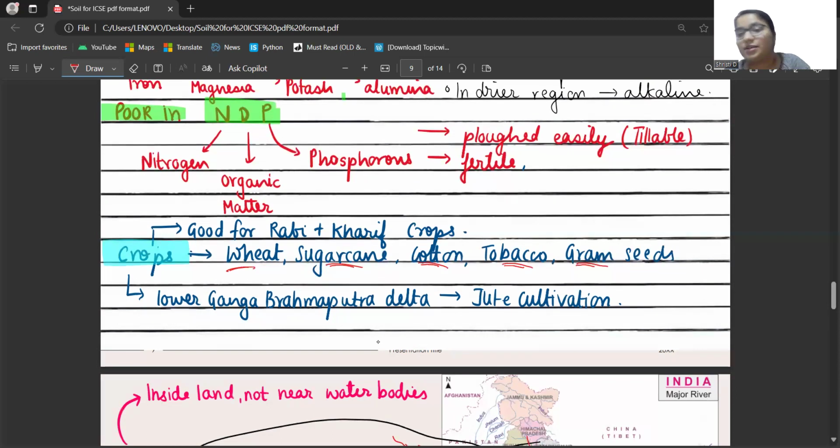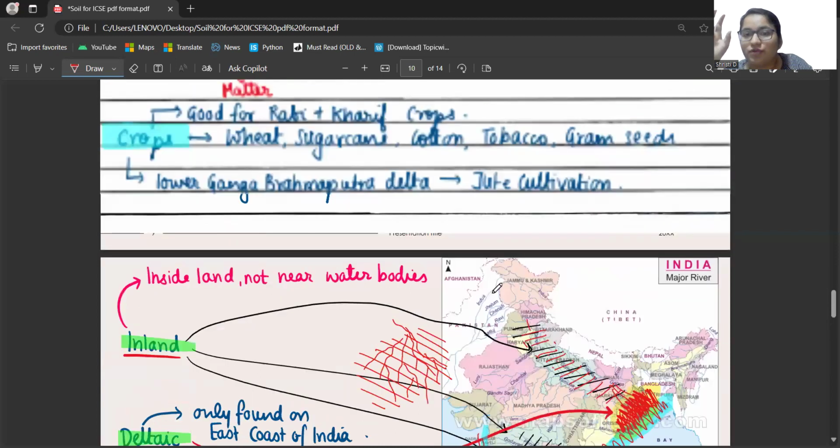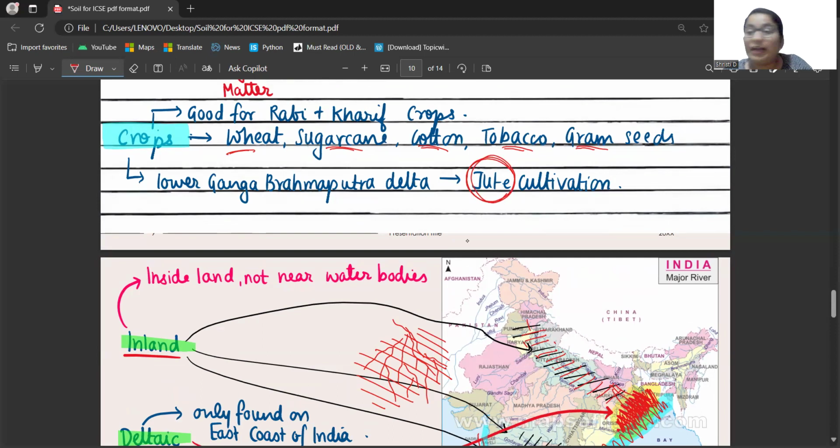यू नीड टू हैव दाल एज वेल, सो ग्राम सीड्स। एंड यहाँ जो लोअर गंगा ब्रह्मपुत्र डेल्टा, ये जो मैंने शेड करके इधर दिखाया था। ओके, दिस गंगा ब्रह्मपुत्र डेल्टा, जूट। जूट इज यूज फॉर मेकिंग योर बैग्स, यू नो, हेम्प या जूट वगैरह के बैग्स कई गिफ्ट में मिले होंगे तुम लोगों को। ओके, दिस जूट कल्टीवेशन। या पहले जो ग्रीन्स वगैरह स्टोर किए जाते थे पुराने जमाने में, आजकल तो सब कुछ प्लास्टिक में आता है, बट पुराने जमाने में जो ग्रीन स्टोर करने के लिए एक बैग बनती थी सुतली की, दैट इज नथिंग बट जूट।